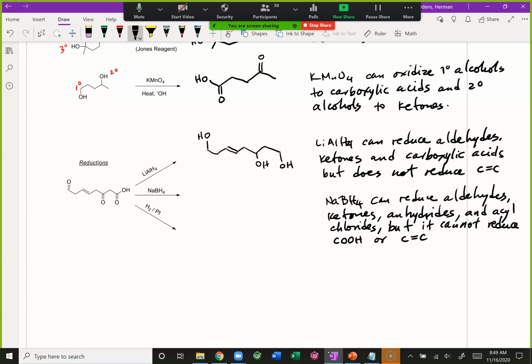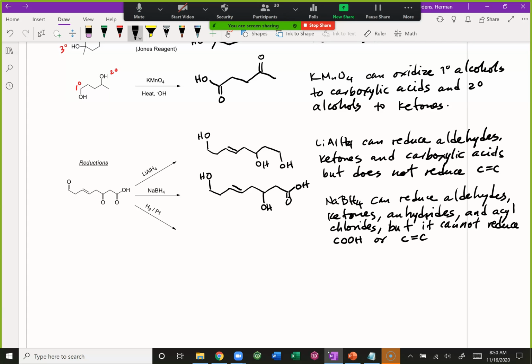All right, so here you have the same skeleton, 8 carbons. 1, 2, 3, 4, 5, 6, 7, 8. It will reduce the aldehyde. It will reduce the ketone, but the carboxylic acid will stay the same, and the double bond. And finally,